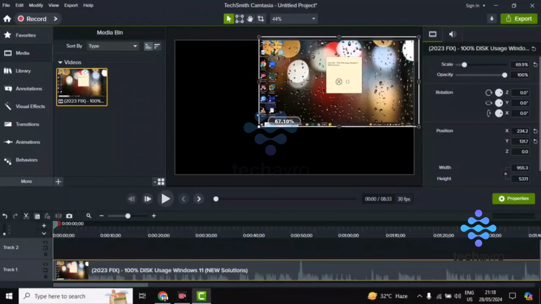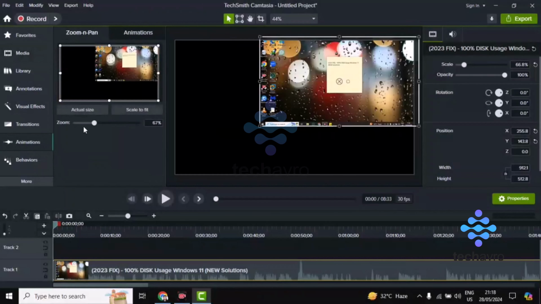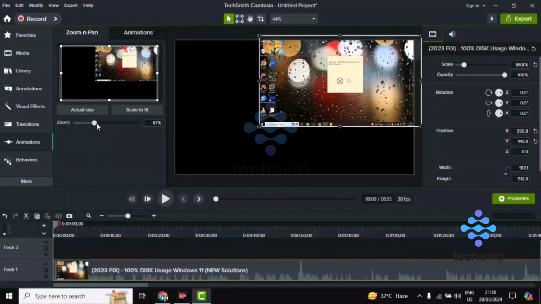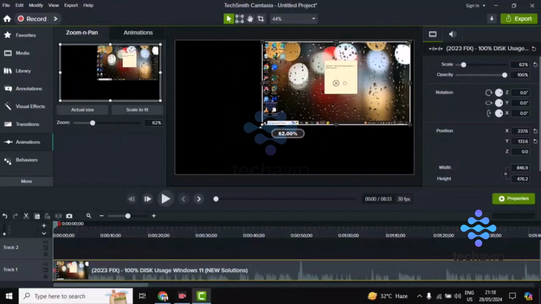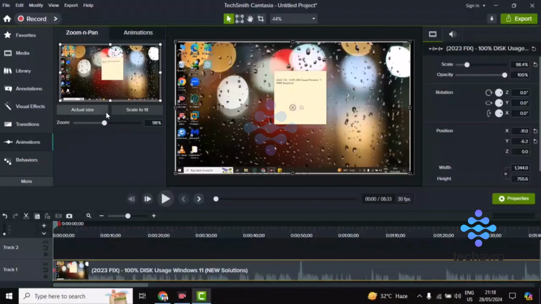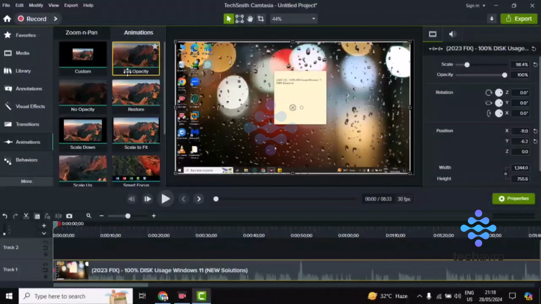Okay, with the mouse. Again, you can do this with the animation. Click on this animation, this one, and you can use the zoom in and zoom out. Okay, let's adjust this one. And now if you click on animations, you'll find different types of animation here, full opacity. And then if you want to zoom it,